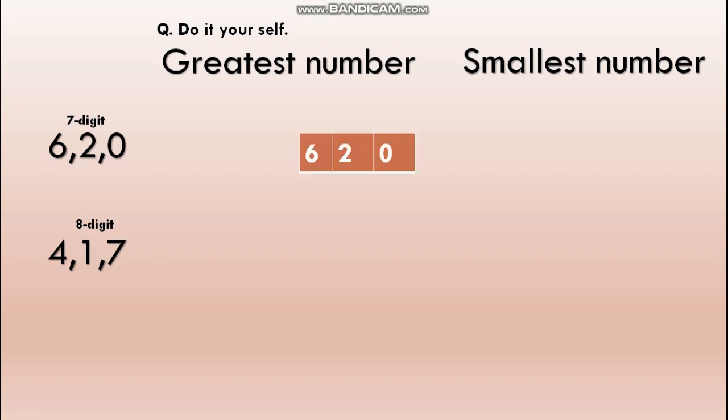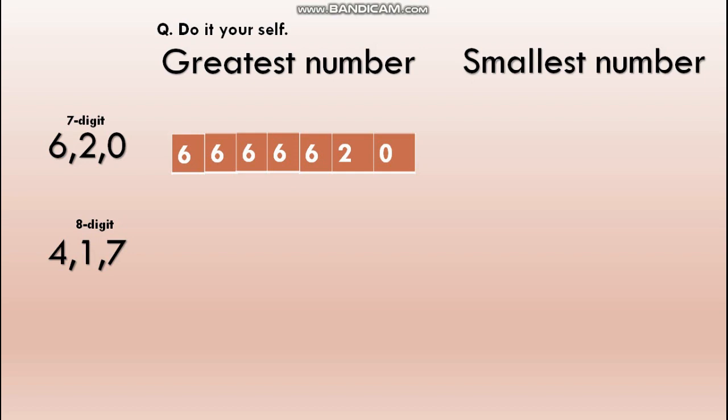Now see how many more digits you need to write. 4 more digits. 3 digits are already written here. So which is the largest digit here? 6. 6 is the largest digit. So we are going to write 6 four more times. This is the